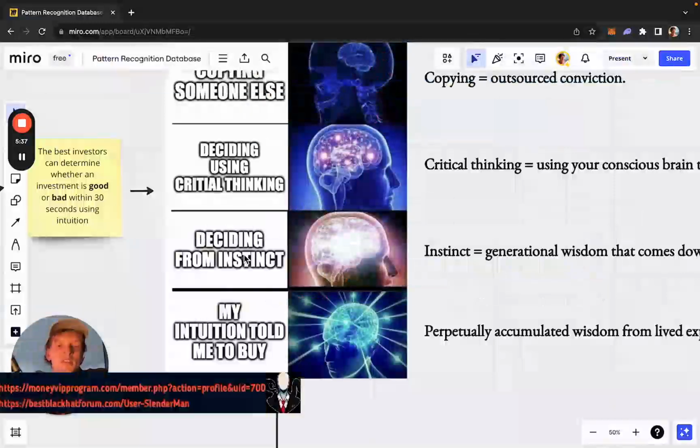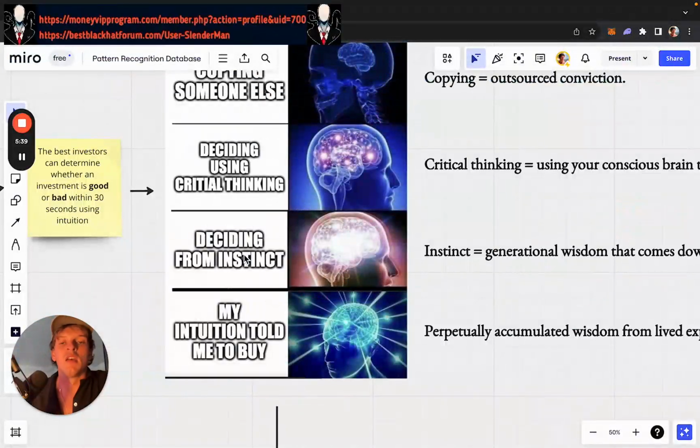So if you decide things from instinct in investing, you're going to lose money. But the useful thing with instinct is if you do the opposite of what your instinct is, you actually end up making the right decision. So that's why it's above critical thinking. You can actually counter-trade your own instinct because you can never remove instinct. You can simply understand it for what it is.